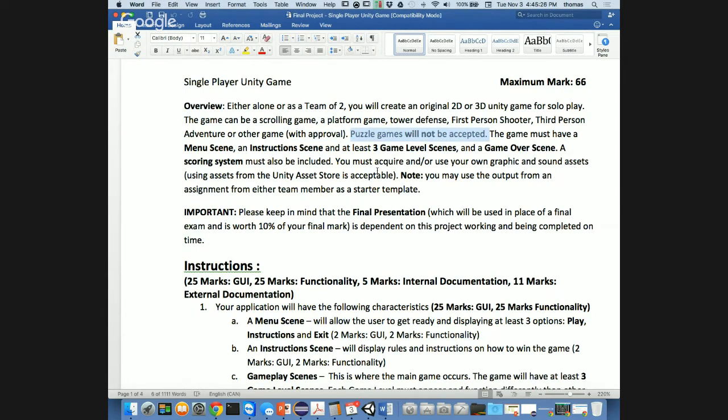You can get into some really deep trouble, and you may not even produce anything if you get right into the bones of a puzzle game. Keep it simple. Make sure you go into the style that you've already learned how to do. We've already talked about 2 games. We're talking about a third one now, third style of game.